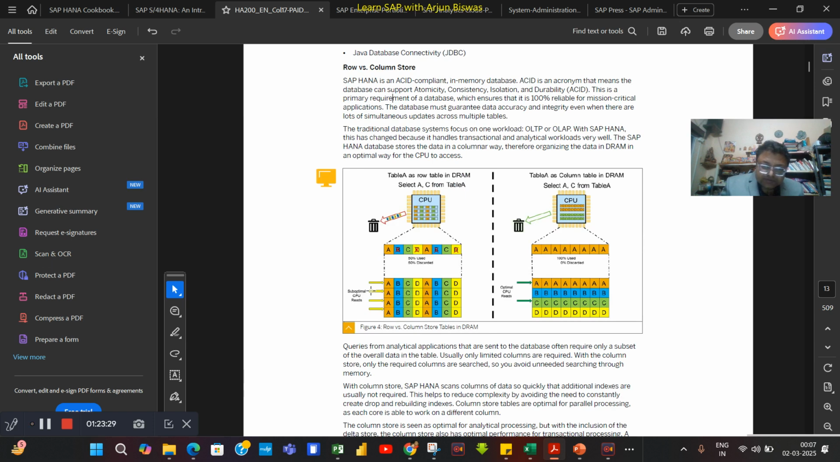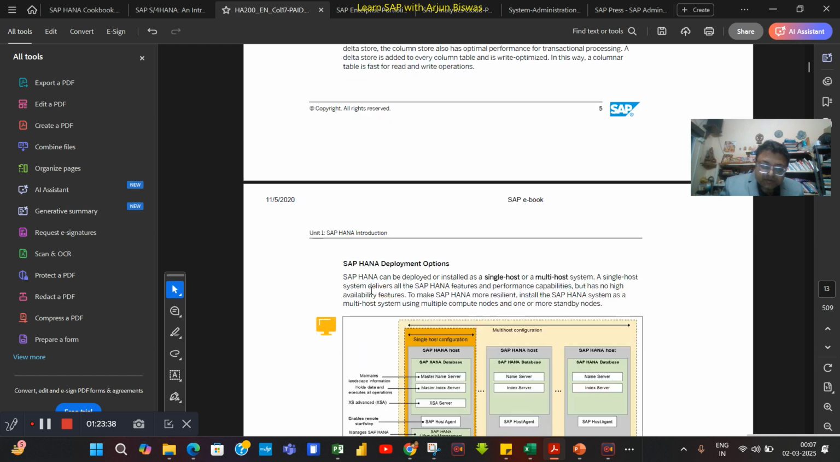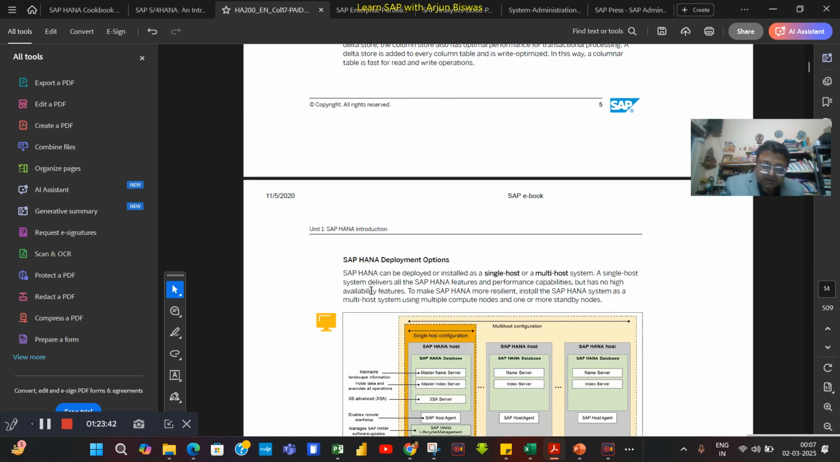Row versus column stored table, DRAM. Table A has row table, DRAM. A and C table A, okay. SAP HANA deployment option can be